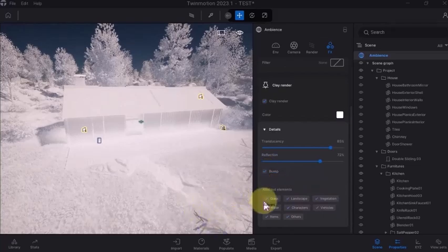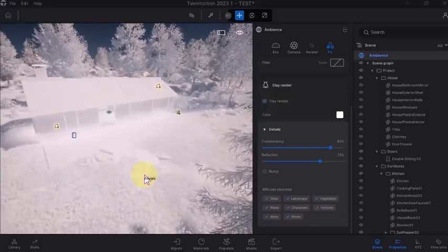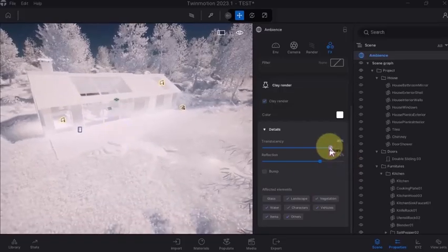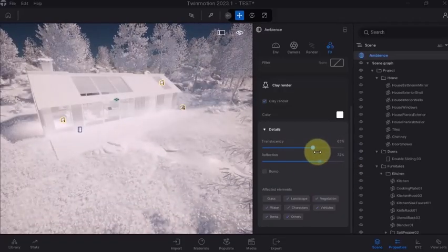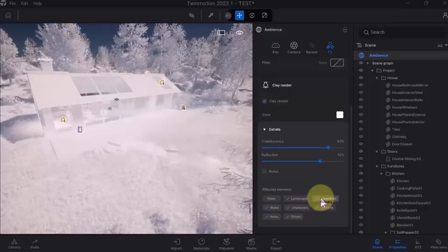Just take a look at this part here. And of course, for example, we can turn this option for the glasses off, so the glasses maintain their original material. Or else we can set it on vegetations too, the original material,